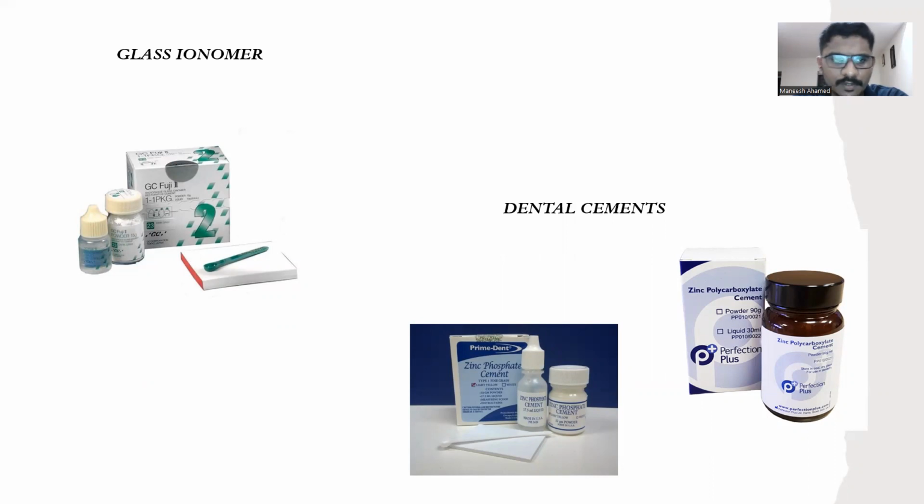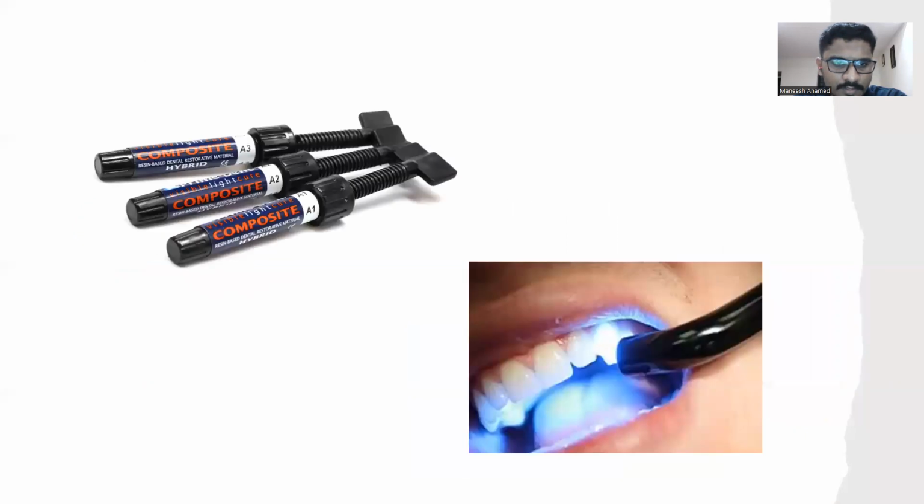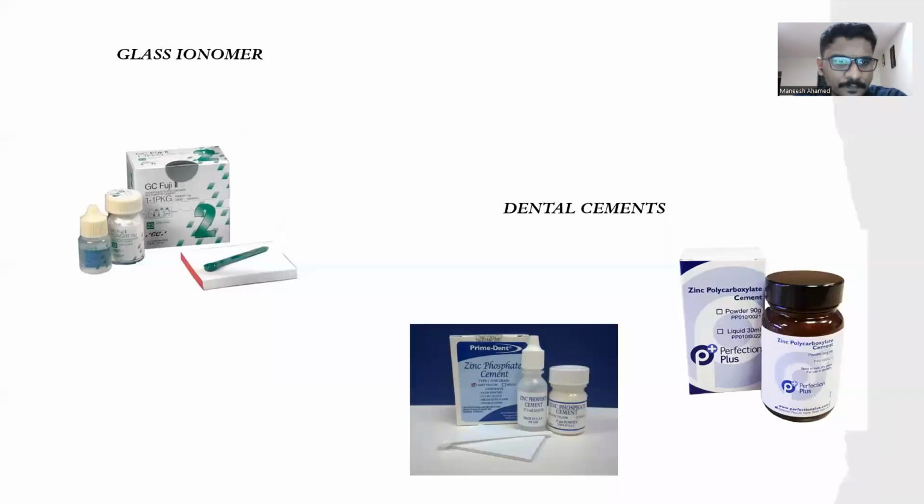The glass ionomer cement, when placed on the tooth, releases an ion known as fluoride, which has a property to arrest dental caries. So if it is placed on an active lesion, it can inhibit the progression of the caries lesion. And secondly, the glass ionomer can chemically bond with the tooth structure. It forms a stable chemical bond with the tooth structure, but it does not have enough strength compared to composite or amalgam. So glass ionomer is not popularly used as a permanent restorative material, but it